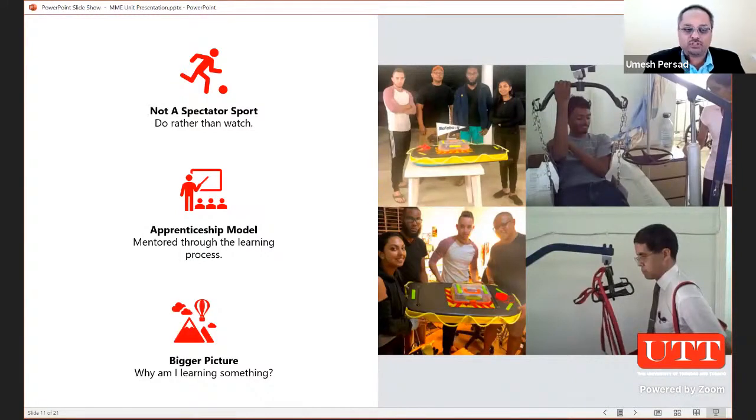And also it's important to know why you're learning something. So we start with design in year 1 as opposed to finalizing design in year 3. So we begin with the exciting period of design where students learn how to design various products to solve problems from year 1.